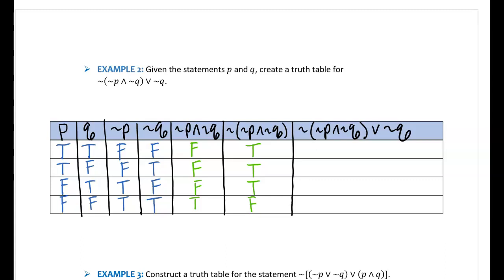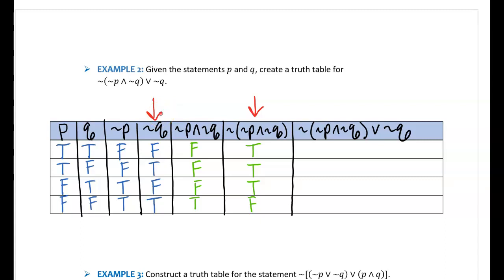Finally, I need to find my actual statement. So I need to find the disjunction of the negation of not P and not Q, or not Q. So the two columns with the red arrows above them are what I am focusing on.